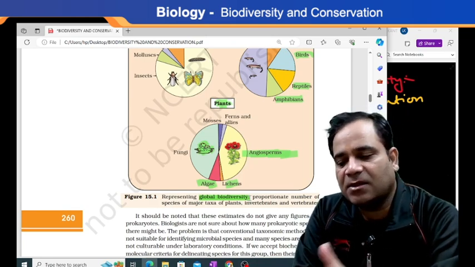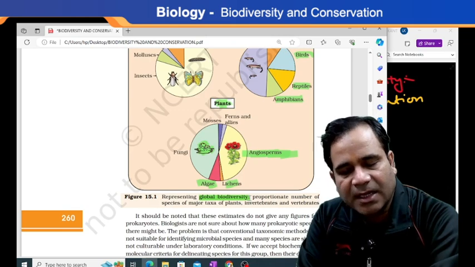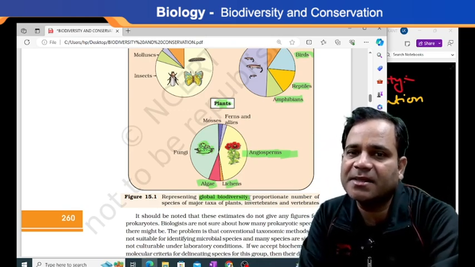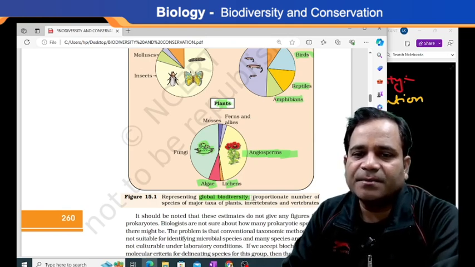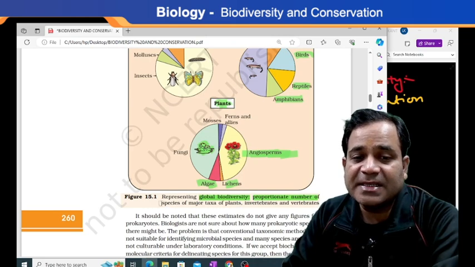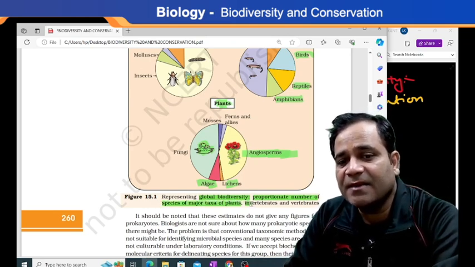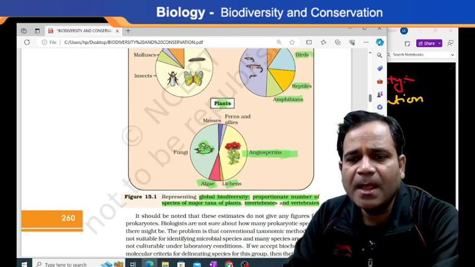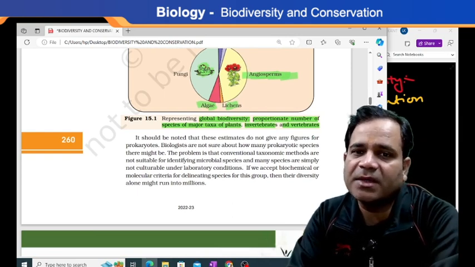That is either on the land, terrestrial biodiversity, either in water, that is aquatic biodiversity, or in the air, that is aerial biodiversity. Here the proportionate number of species of major taxa of plants, invertebrates, vertebrates, these are all there. Now, it should be noted, my dear,